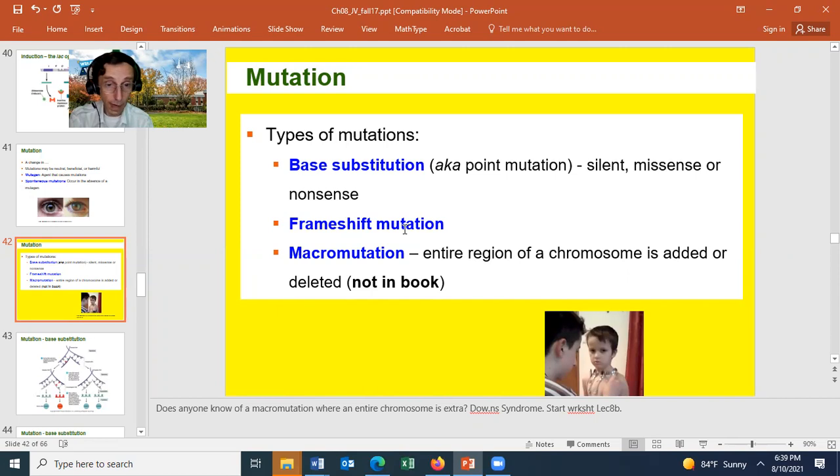Does anyone know a macromutation where the entire chromosome is extra in a person? Down syndrome. Yeah, Down syndrome has 3 chromosomes, 23, I think it is, 21. Nobody's correcting me, so I'm going to assume it's 21. That would be a macromutation, where every gene on that chromosome is going to have an extra copy in the